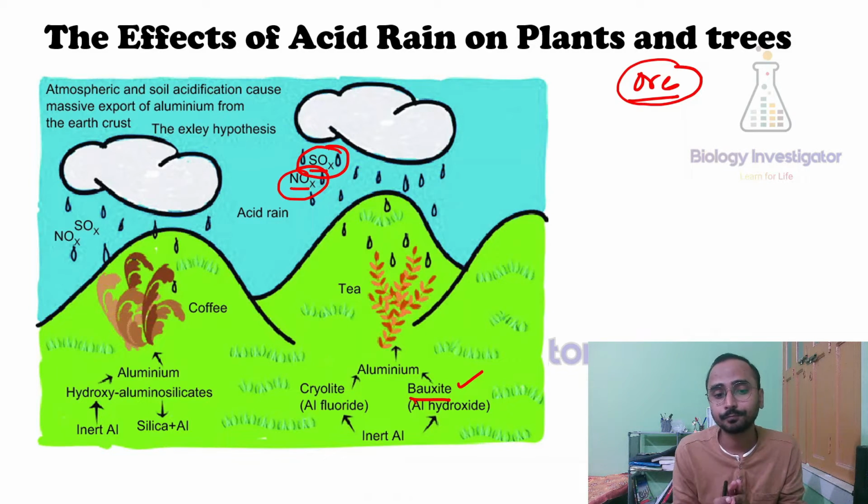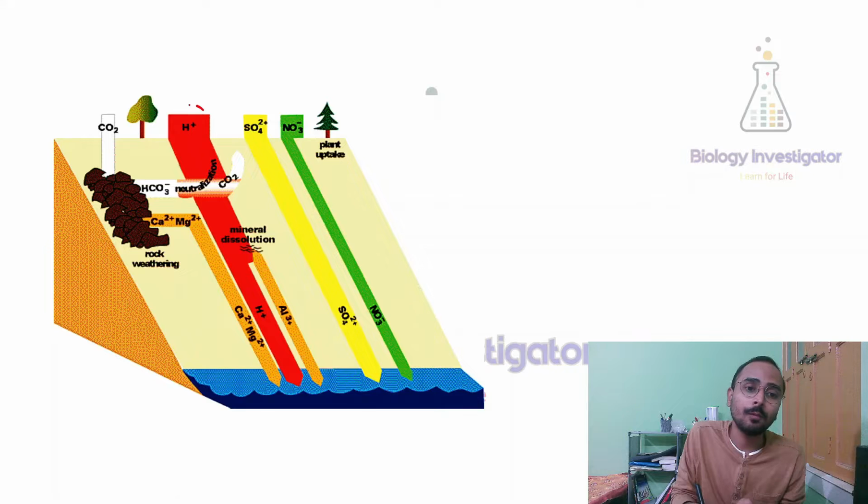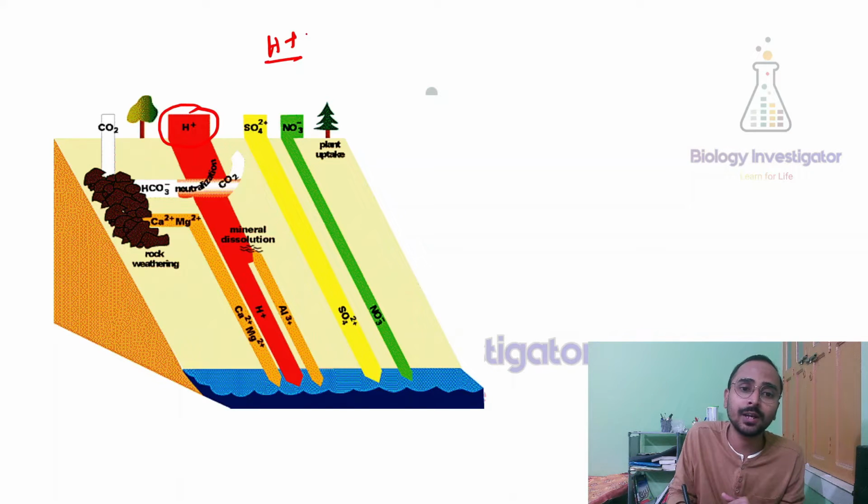Okay, and later on other minerals will be dissolved, they will be flown away from their required place. তারা তাদের যেখানে দরকার সেখান থেকে তারা ধুয়ে মুছে অন্য কোথাও চলে যাবে। ফর এক্সাম্পল, এটা ভালো করে বোঝার চেষ্টা করো। So from acid rain we will get H plus, as I mentioned earlier. যত H plus বেশি হবে একটা রেন ওয়াটার তত বেশি অ্যাসিডিক।